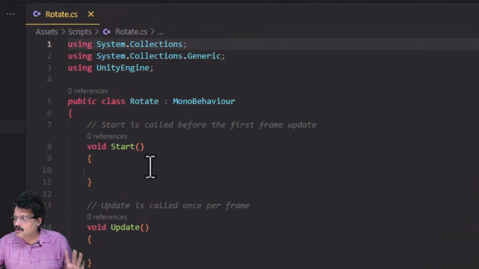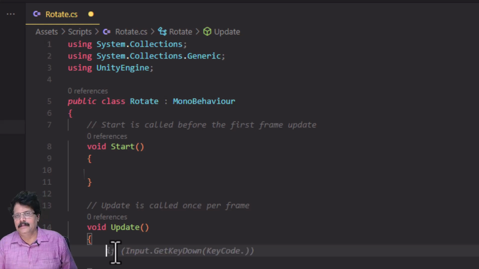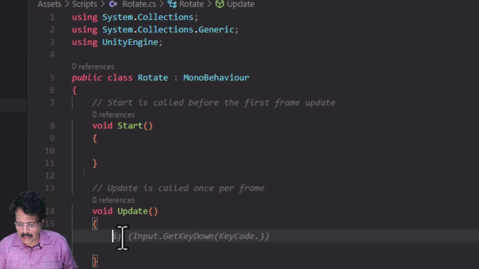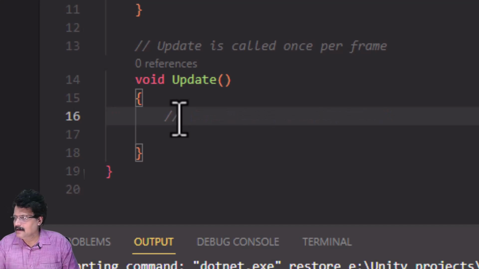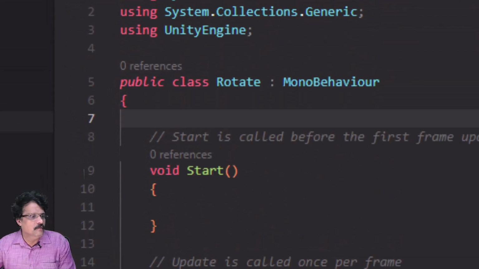In this default Rotate script, to make you understand, I am going to write some comments so that you will understand what I am typing. In the comment I will write, see, now I am going to use a function called RotateAround. This is the function I am going to use, and to use this function what I need is, at the top, I will come to this public section over here, I need a variable